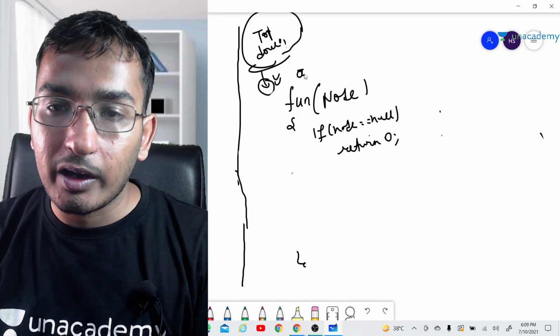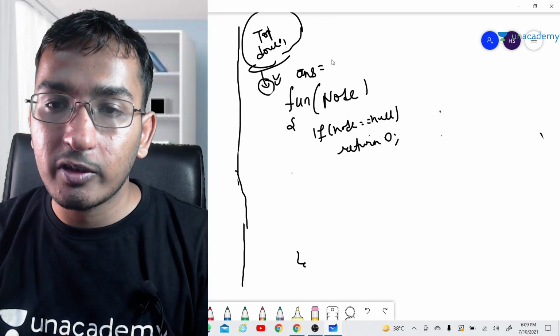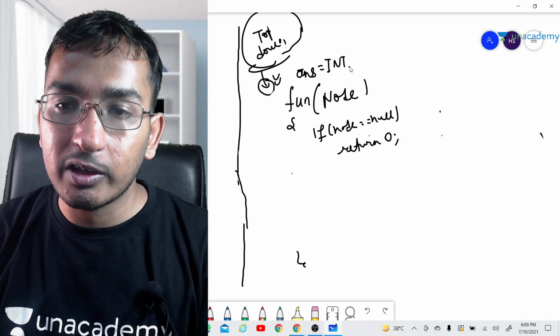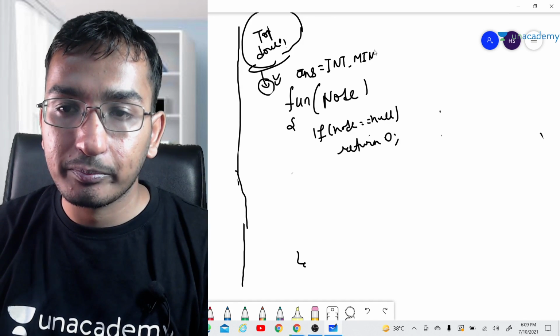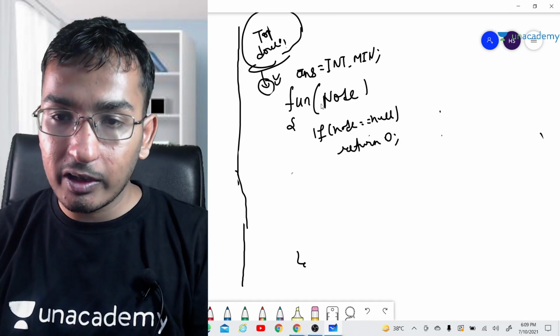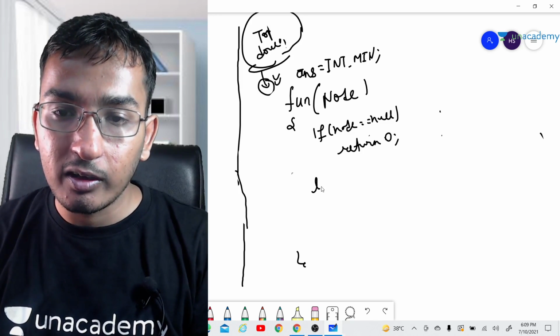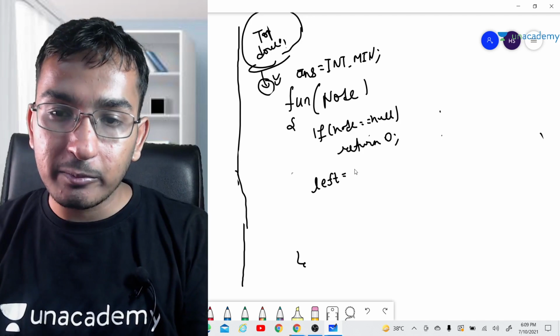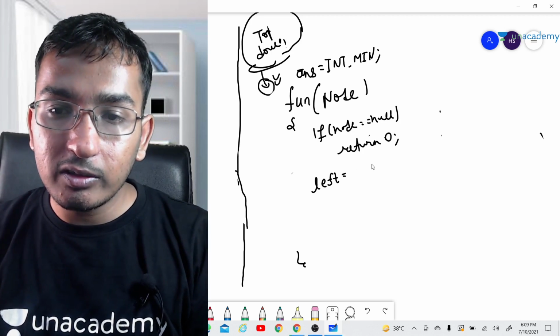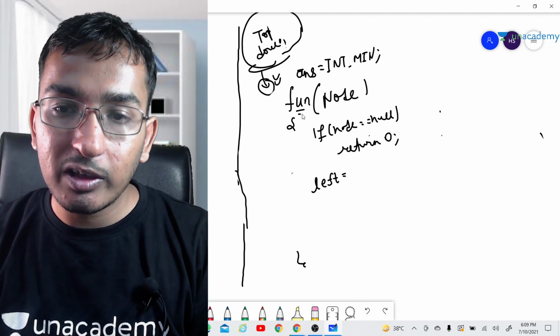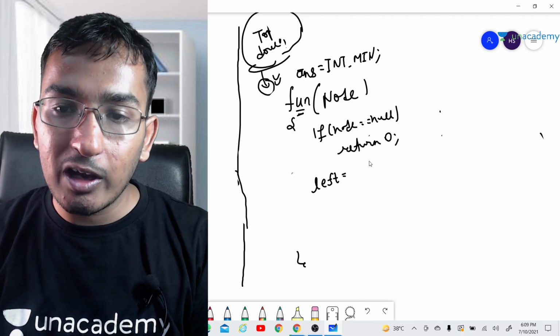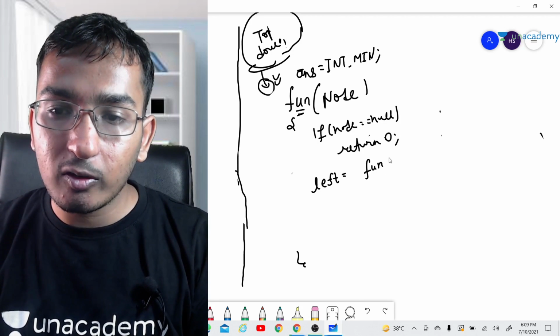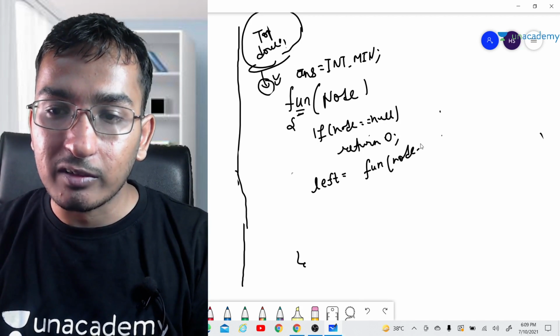Okay, and suppose this is our answer which is initialized by the very minimum value. Now here comes a very interesting thing. I am asking the left subtree, hey left subtree, tell me your answer, and this function is giving me the maximum path sum, right? I will find myself.